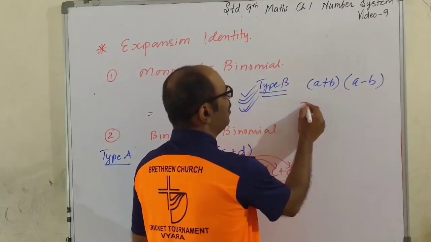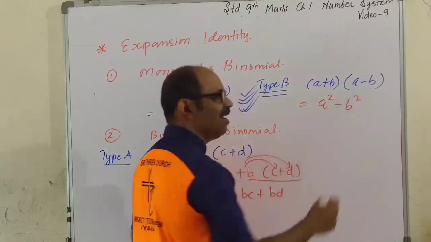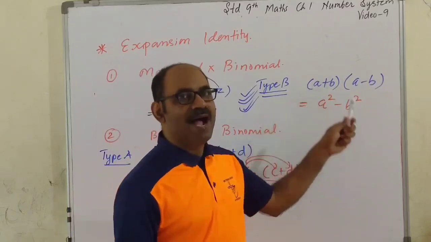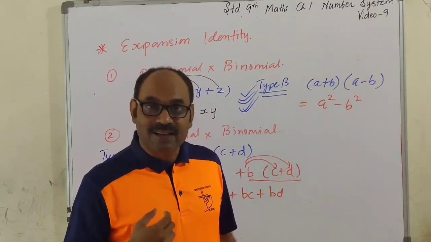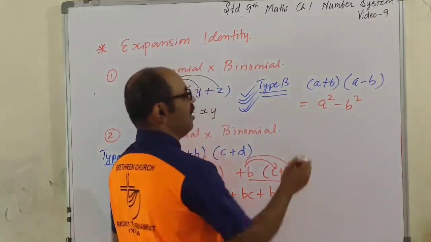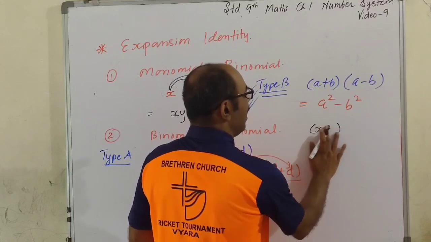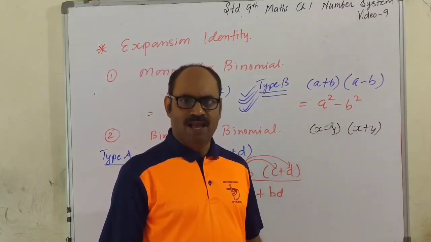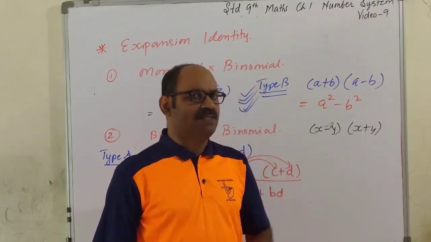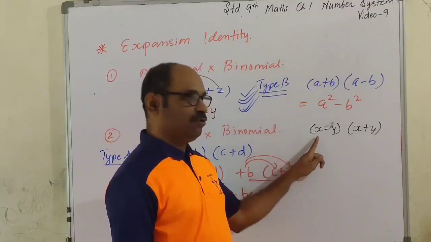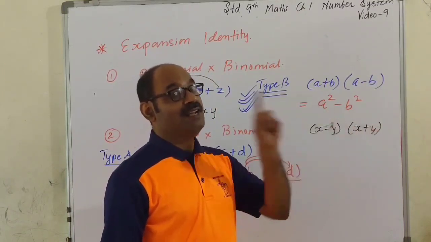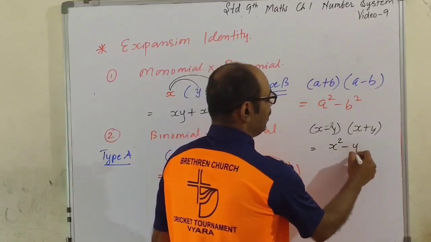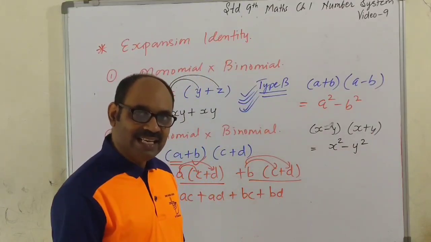सो वेरी सिंपल एक्सपांशन, ए स्क्वायर माइनस बी स्क्वायर, दैट इज द एक्सपांशन. आपको याद रखना है एंड डायरेक्टली यू अप्लाई फर्स्ट टर्म स्क्वायर माइनस सेकंड टर्म स्क्वायर. इज दैट क्लियर टू यू? यदि बाइनोमियल इंटू बाइनोमियल कुछ ऐसा होता, या इट कैन बी x माइनस वाई एंड x प्लस वाई. आपके पास बाइनोमियल इंटू बाइनोमियल है, लेकिन एज आई सेड बाइनोमियल इंटू बाइनोमियल 4 टाइप्स है. टाइप ए, टाइप बी, टाइप सी. तो इसको देखो, फर्स्ट टर्म सेम, सेकंड टर्म अपोजिट, दैट इज टाइप बी. देन व्हाट इज द एक्सपांशन? फर्स्ट टर्म स्क्वायर, दैट इज x स्क्वायर, माइनस सेकंड टर्म स्क्वायर, दैट इज y स्क्वायर. Is that clear to you?